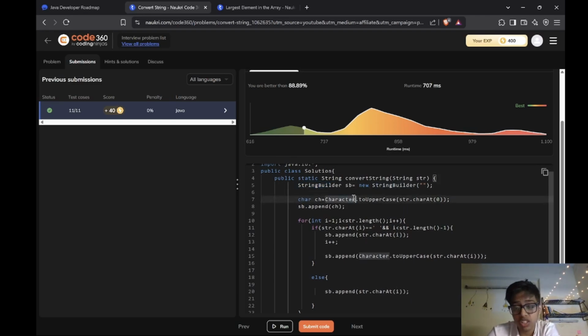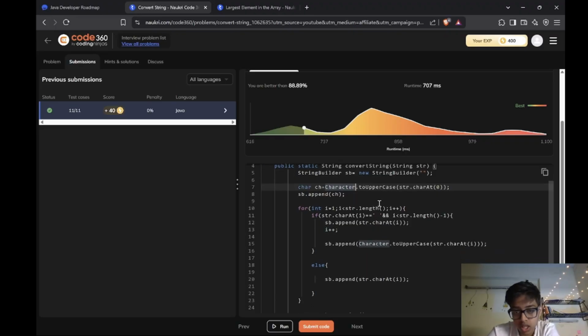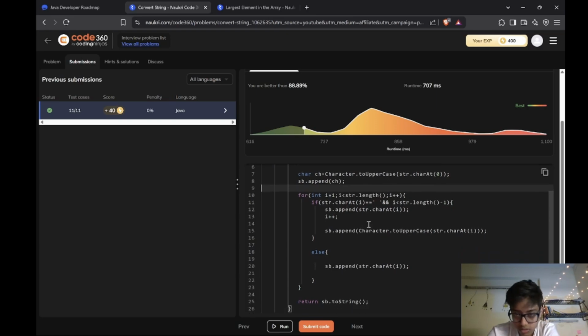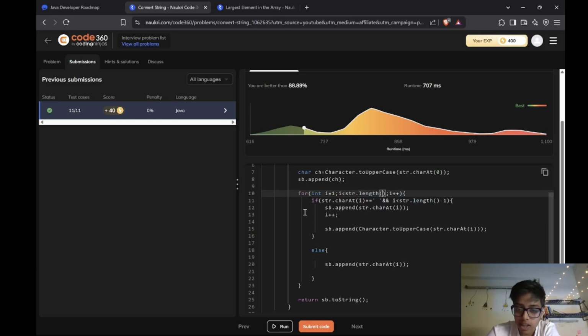That's an important function in Java. StringBuilder helps you create a string and also edit a string. Character ch dot toUpperCase at character 0, so the zeroth index will get capitalized and appended. Okay, good. We'll start the for loop from 1 to the length of the string. Okay, cool. And what we'll do is